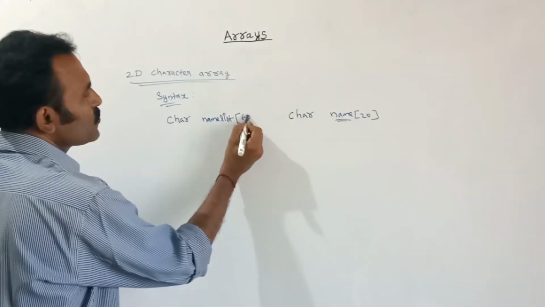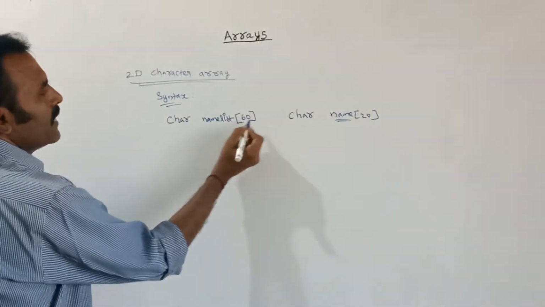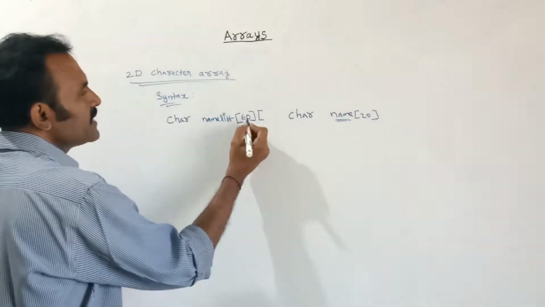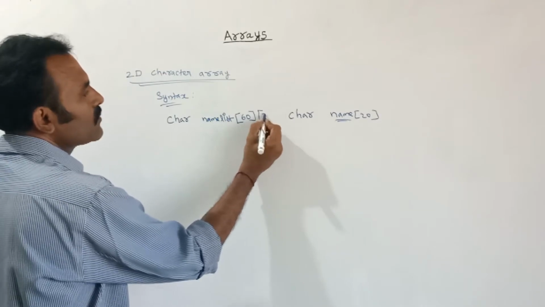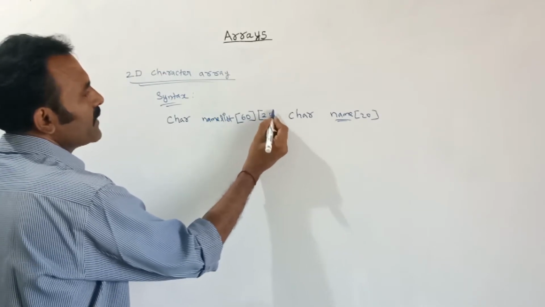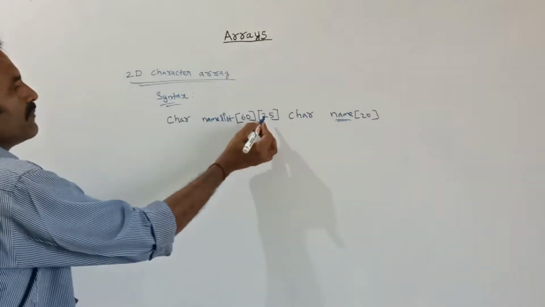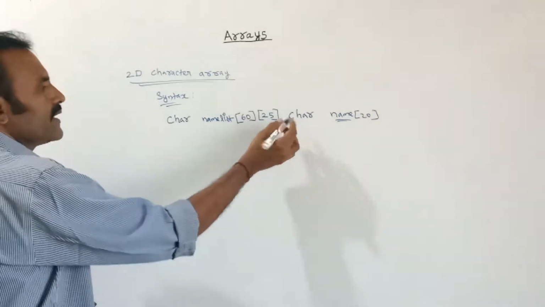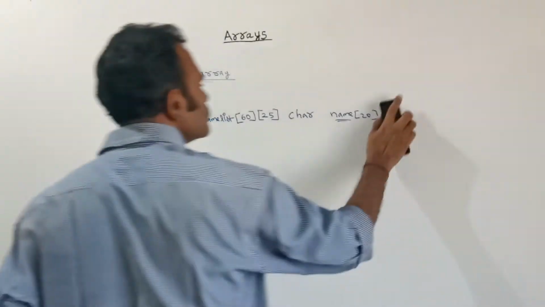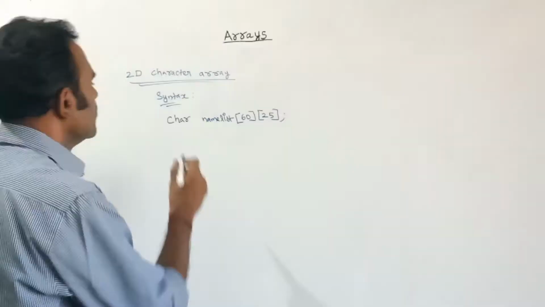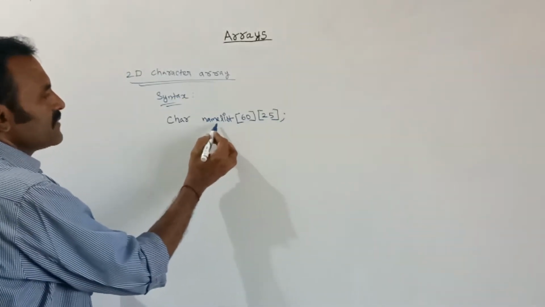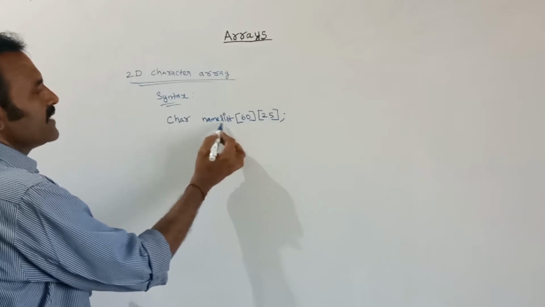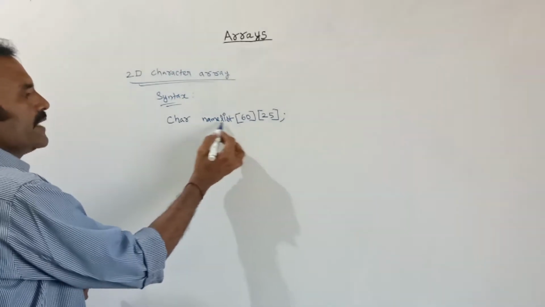Here 60 students means totally 60 students. I can store 60 student names, that is 60 strings. For each and every string, I can store up to length 25. That means for each and every name, the maximum size I can store is 25 characters. This variable name is namelist, or otherwise we can call it the array name also.